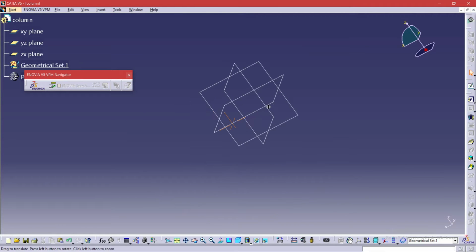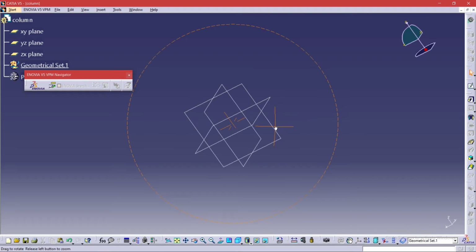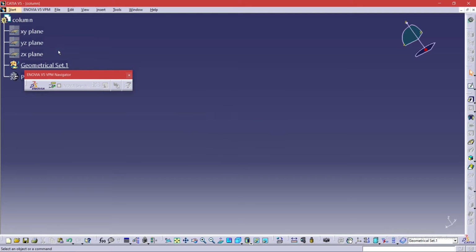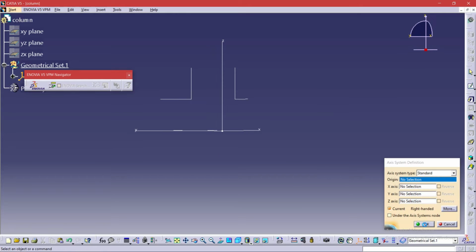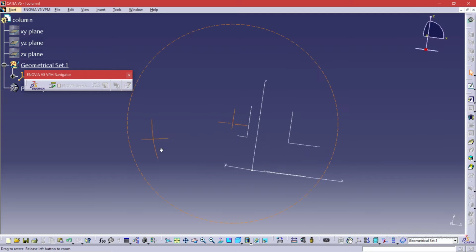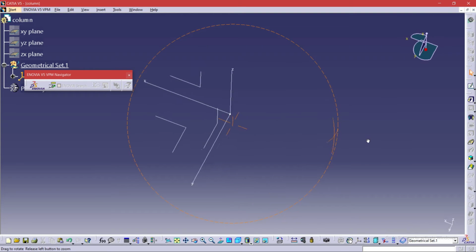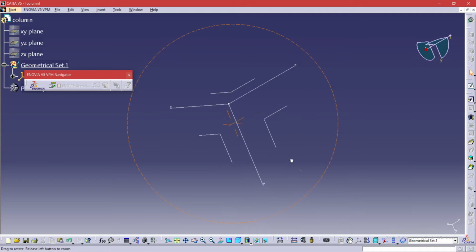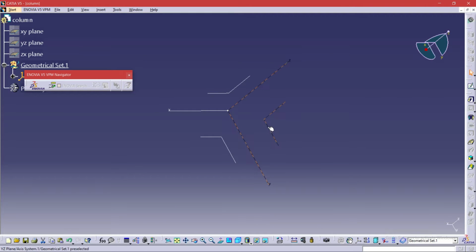Other things we are going to do are change the display and customize it to the way you are comfortable with. Traditionally we used to work from the planar basis, but what the industry needs is that we must go through the axis formation. So we are going to hide the planes and expose the axis so that we can work better.